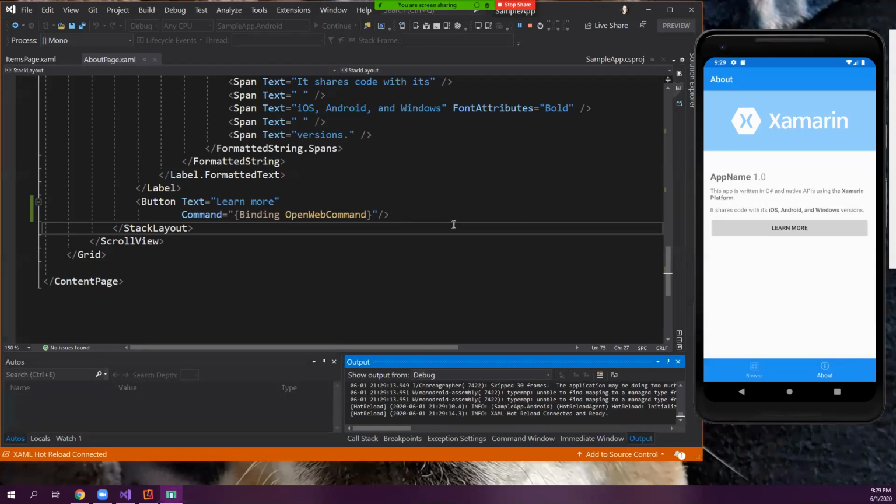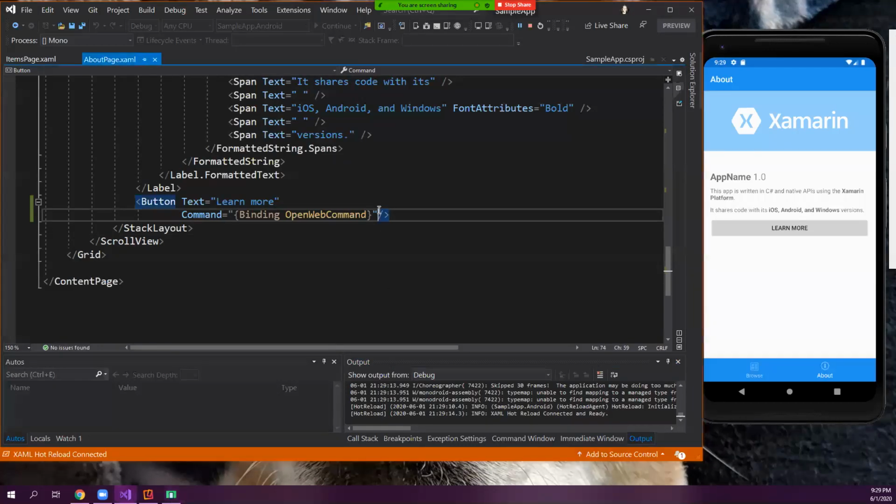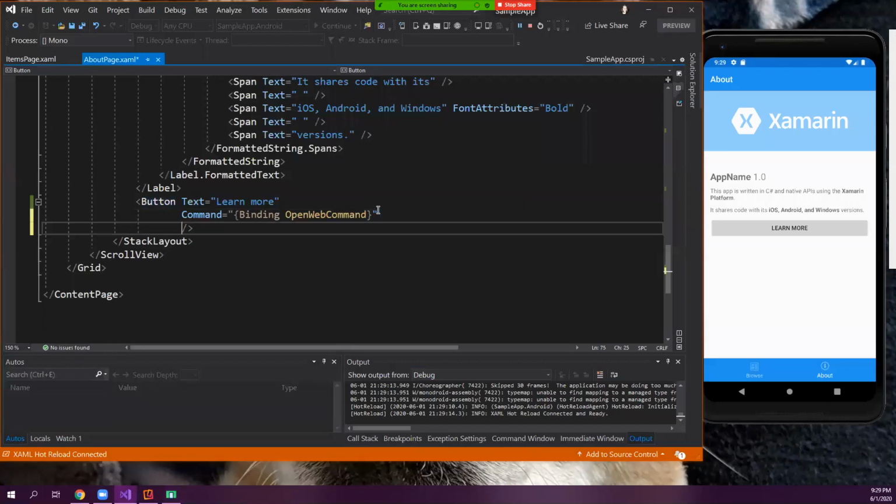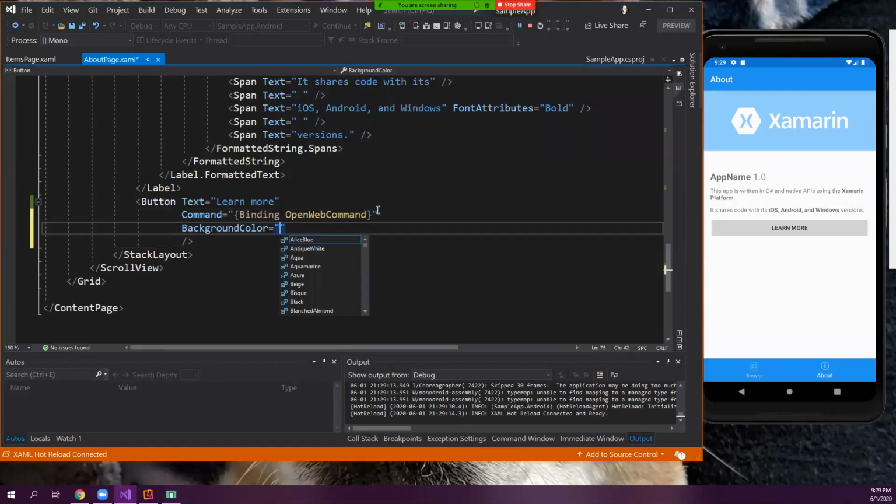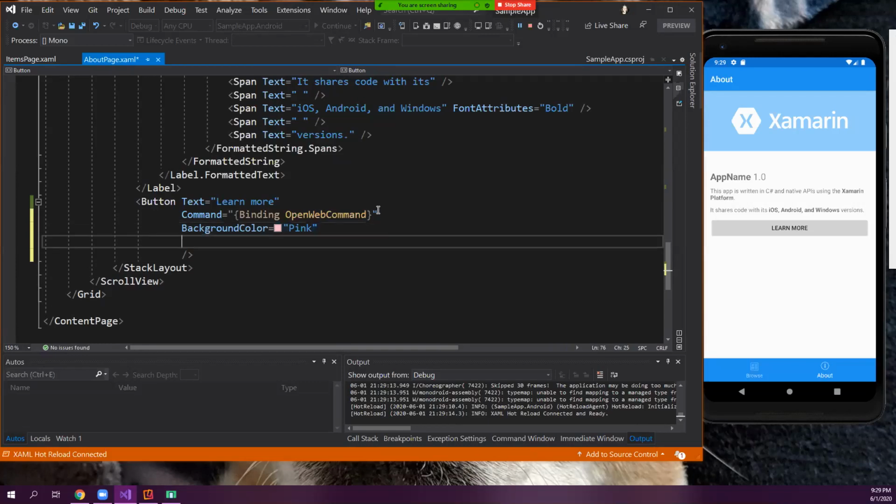So there are a lot of ways that we can work around this if that's not something you're interested in. A lot of times people, especially in things like settings pages and login pages, you want it to feel native, but of course you can style this however you want to look not native. I can go and add that background color back. I think we had it as pink. And we had margins, and the text color equals white, or wheat, close enough, and hit save. And it looks a little bit more like that button on the iPhone. And on Android, it's all caps, a little bit different. But there are other things you can do. I'm not going to get into them today.